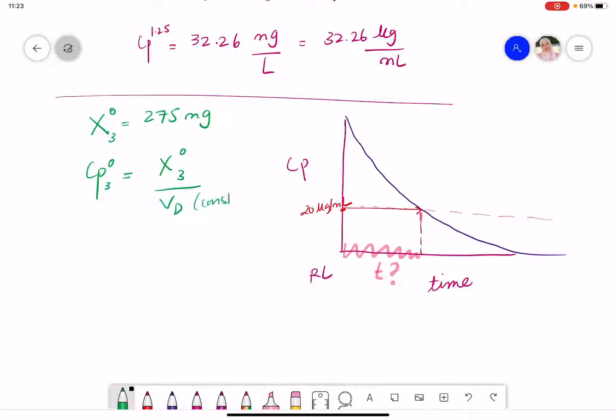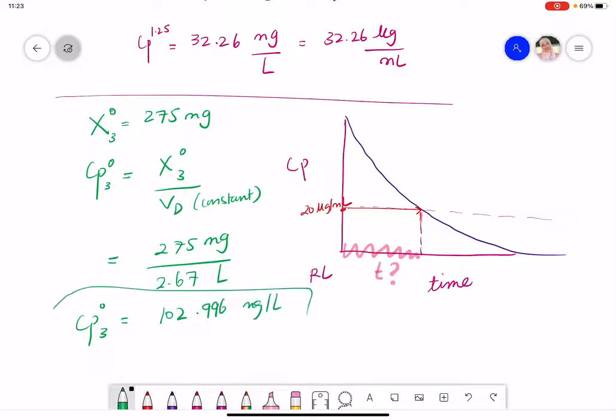This is constant, right? So this would be 275 milligram over 2.67 liter. Then CB naught 3 equals